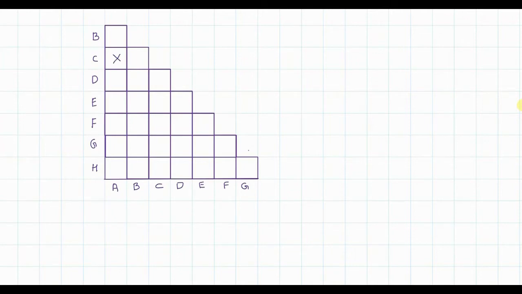Similarly, C comma B, where C is a final state and B is a non-final state, so this is also distinguishable, marked with X. Now you have this column where you have state D and state C. D is non-final, C is final. Similarly, C comma E, C is final, E is non-final. C comma F, where C is final, F is non-final. C comma G, where C is final, G is non-final. C comma H, where C is final, H is non-final. So as a result, this is the initial marking that you get.